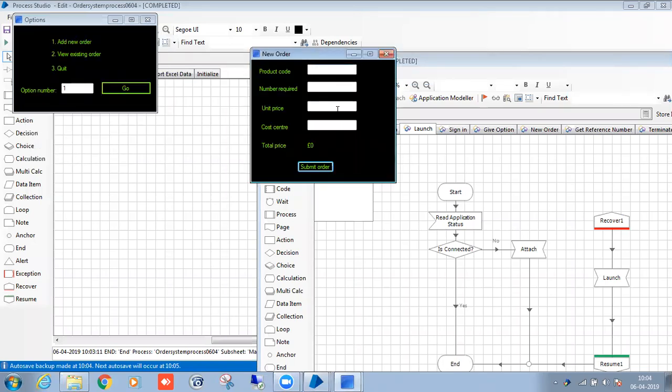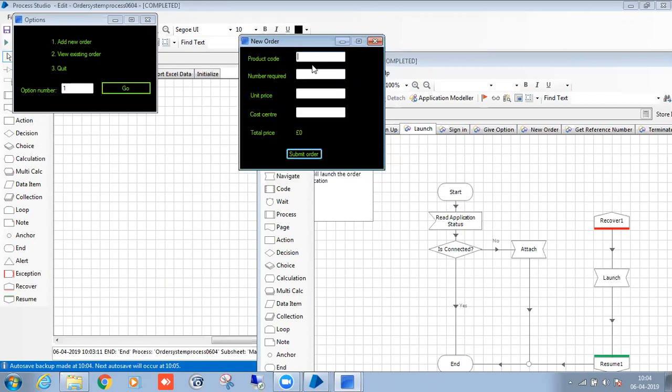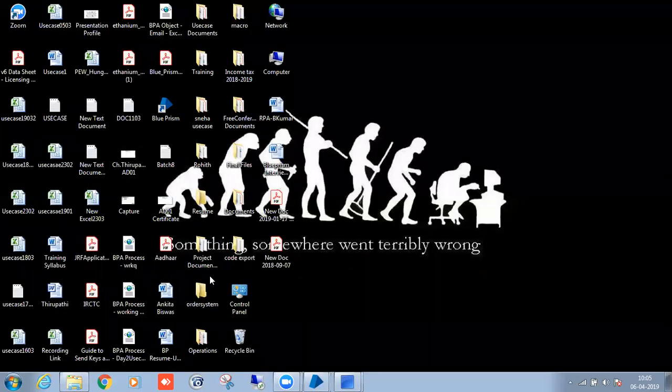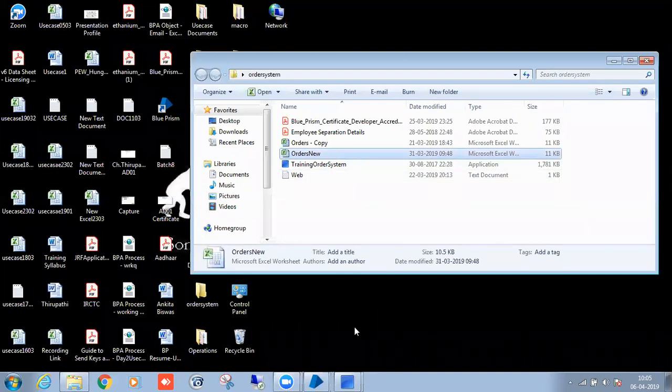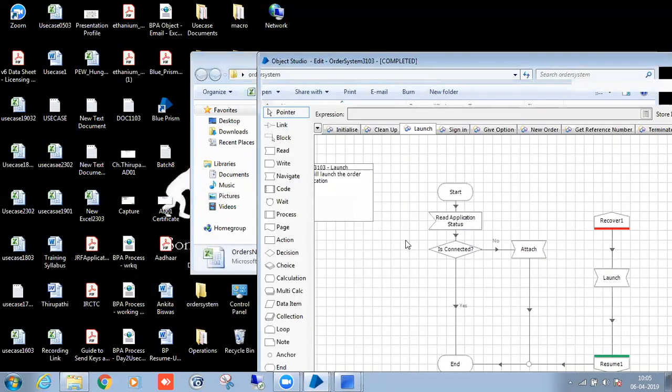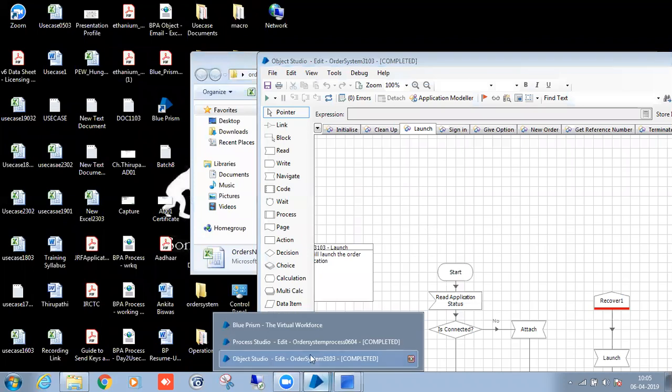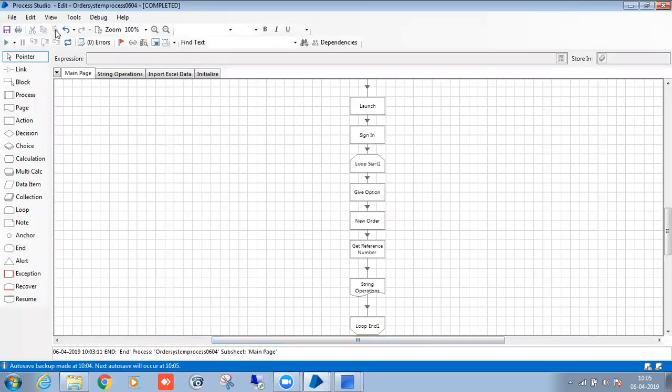Yes, the number will change, but there was a text, right? Just input the values. So you give the values manually, then we'll check it. We haven't closed the instance, so Excel can't take it. We have to close the instance.